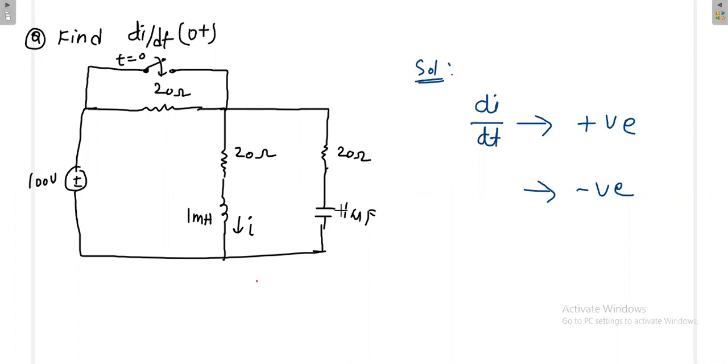Now, what is the initial current? What is the final current? Which one is greater? Which one is lesser? Is it positive or negative? Anybody? Just think a little and tell me. It's very simple. Before closing the switch, you apply the steady state. After closing the switch, you apply the steady state. Then the current decreases.